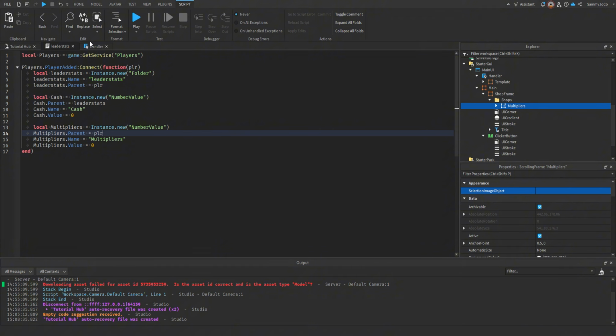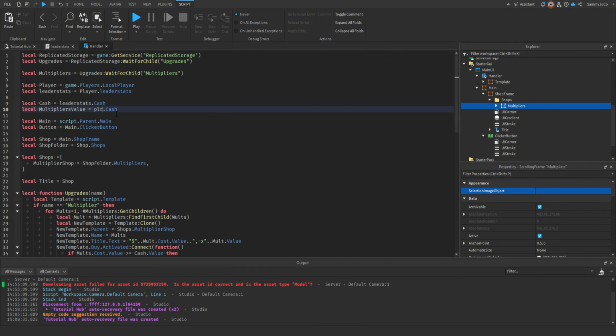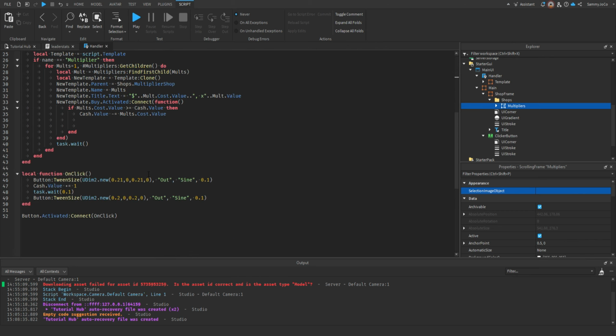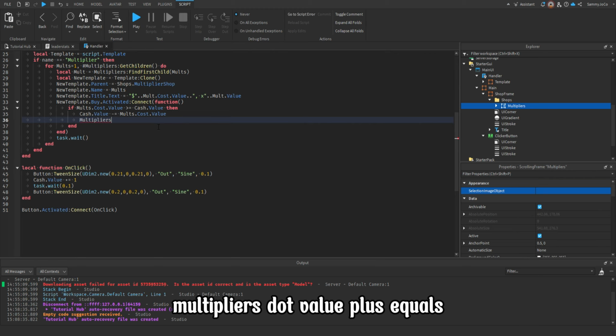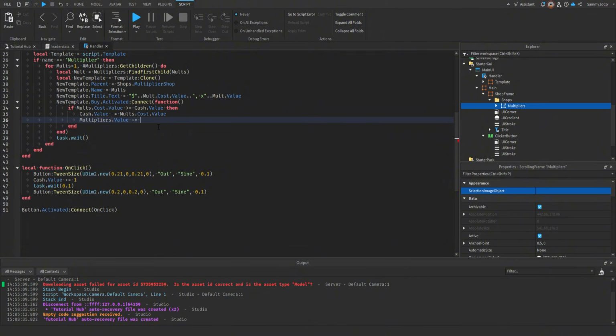And then, yeah. Player dot multipliers. And then multipliers dot value plus equals, and then mult dot value. And now we will do, and now